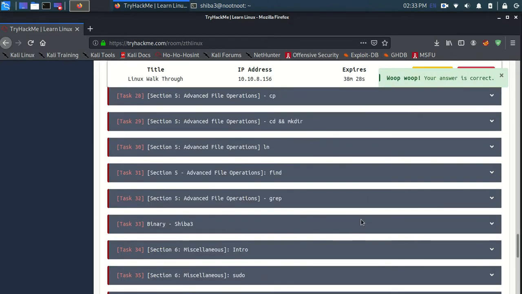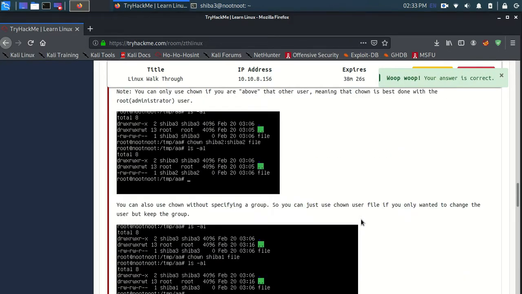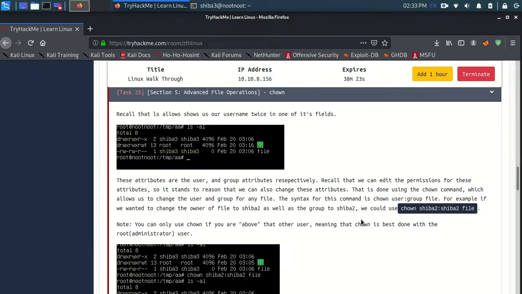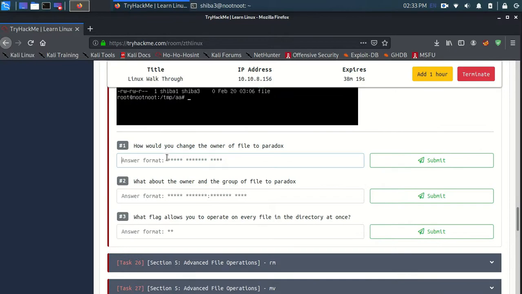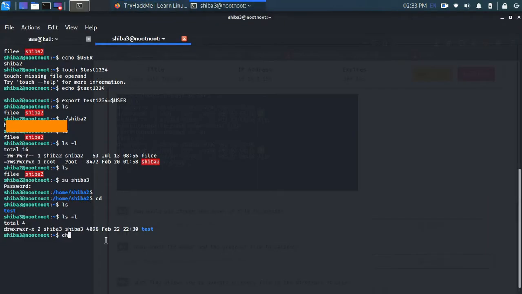Then there is chown. Chown is for changing the owner of that file. So you can change the owner of the file to Paradox. How can you change it? Just now you can see the owner of this file is Shiba3.